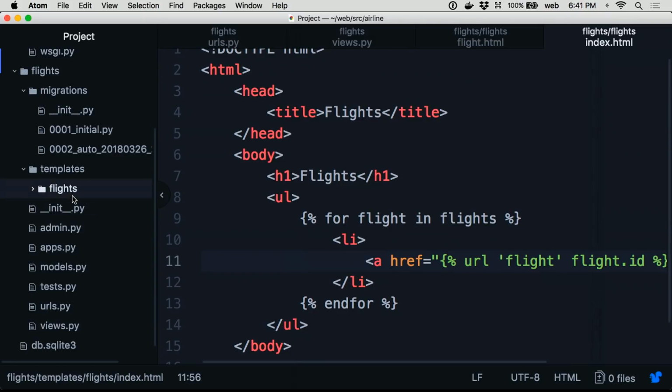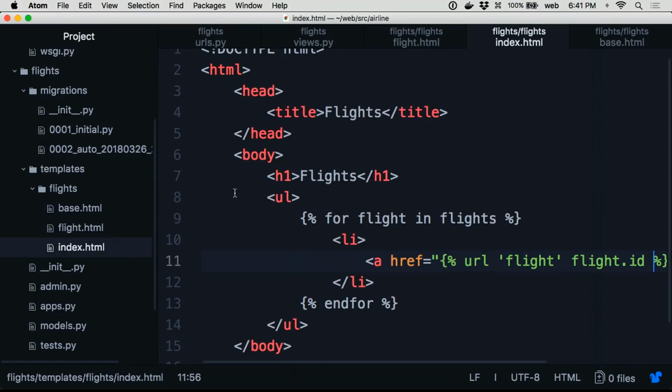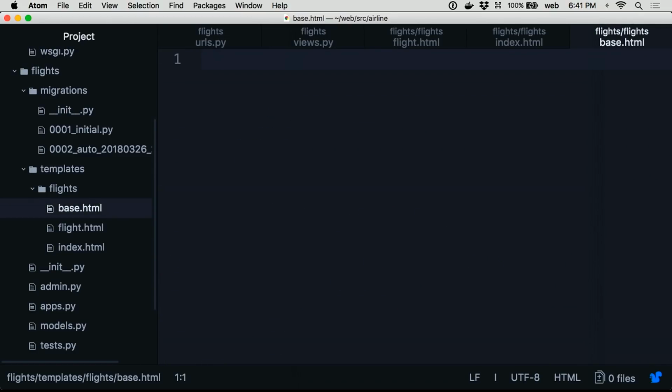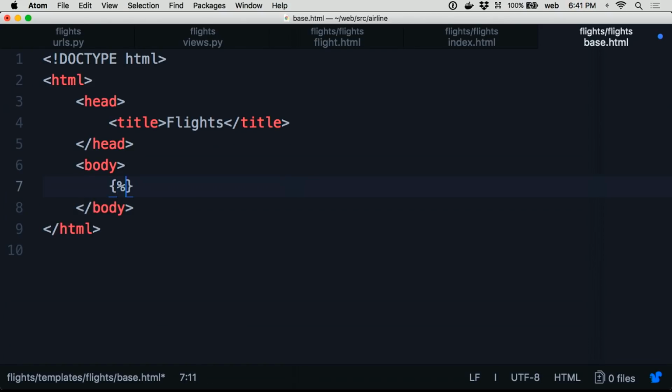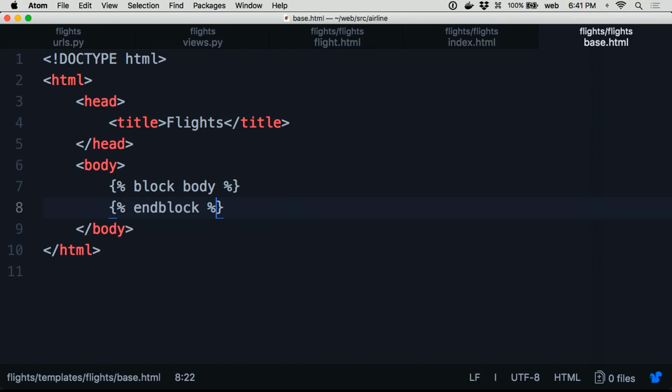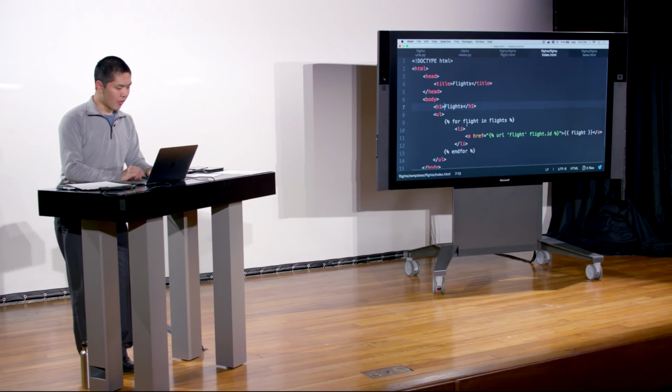And so the way I'll do that is by creating a new template, which I'll call base.html. And base.html is going to contain all of this original code, except the body I'm just going to call block body. This looks very, very similar to what Jinja's syntax for the same thing is. And then end block. And I'll make the title a block title as well, and then end block there. And so now inside of index.html, rather than have all of this, I can just say,